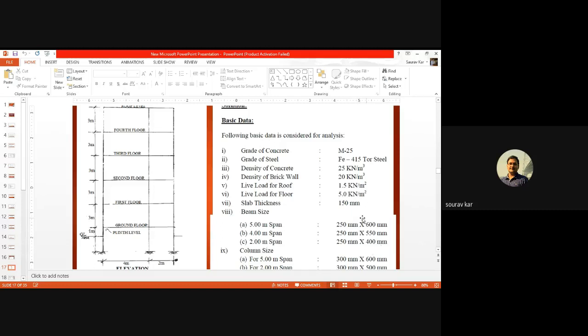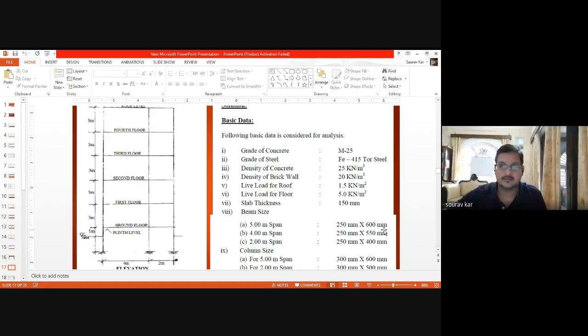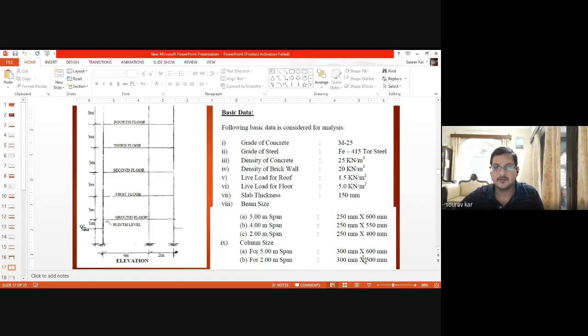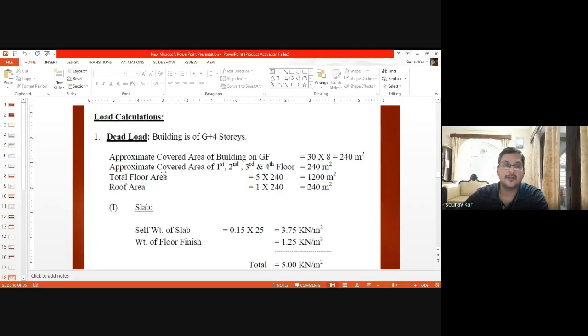That means along these lengths we will take all these dimensions. Again for column size, for the 5-meter span 300 mm by 600 mm, and for the 2-meter span 300 mm by 500 mm. So every detail is given, and they have shown all the load calculation also.